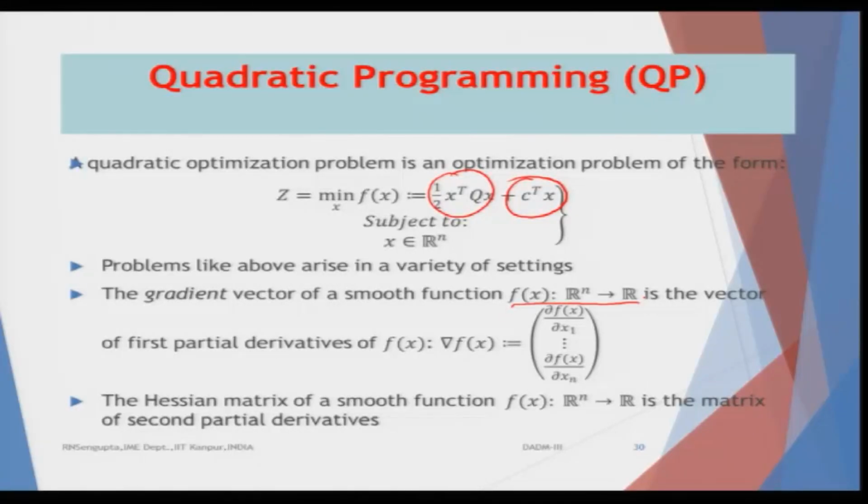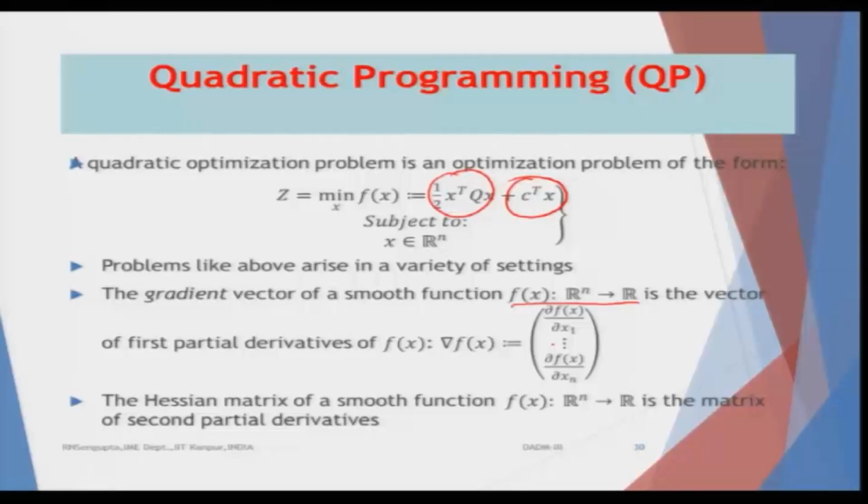So, in that case, the delta of that function, the gradient of the function, would be where you take the partial derivatives. Remember that when you find the derivatives, it is a partial derivative, because you are considering the rate of change of that function with respect to x1 first, keeping x2 to xn, n being the number of variables, as constant.